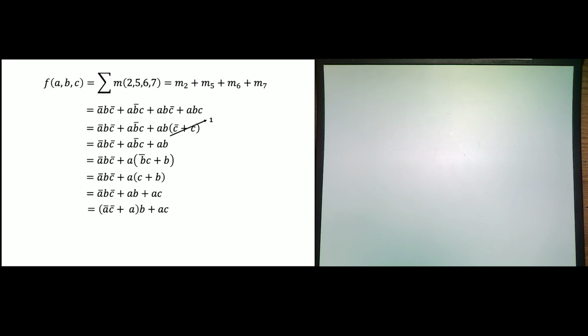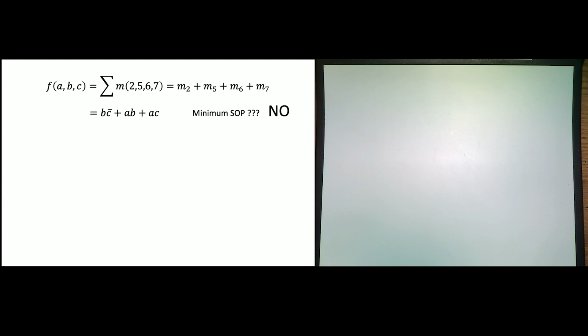Okay, that's one better. Okay, I'm going to do this again. I'm going to factor B out of the first two. Simplification. Now I'm down to 6. Okay, and that's pretty good. Can I do anything else to this? Good questions. Those of you who are looking at the slides say, oh, yes, you can. This is not the minimum.